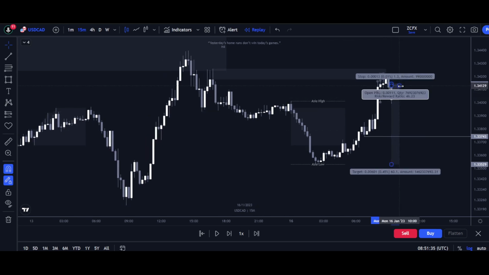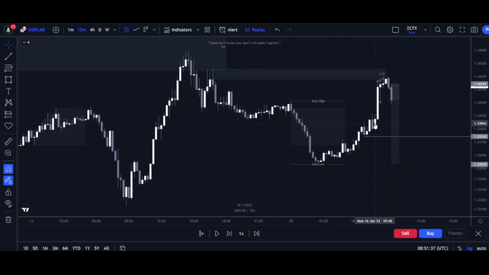So yeah, just be wary of that. If you're managing the structure, that's completely fine. What you can do is map out the high time frame POI, and then start to manage it there with structure, or you can map out the premium discount of the range, and then